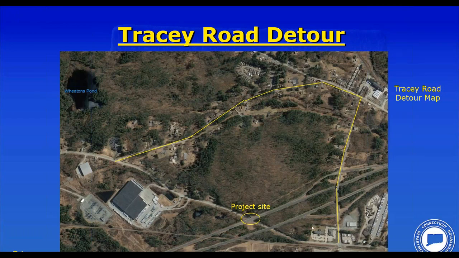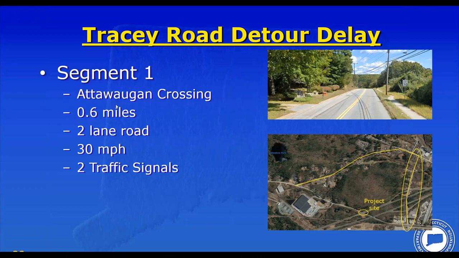So here's Tracey Road underneath. We're looking at a detour from this point to this point. For cars, if they were trying to take this road, they would have to go this way, as opposed to the great discussion we had before about how many cars go from one side of the bridge to the other. The answer is very few, but this is a more realistic approach looking at a detour, what a typical car would go through. Again, segment 1 is Attawagga Crossing, again, 30 miles per hour, 0.6 of a mile, the